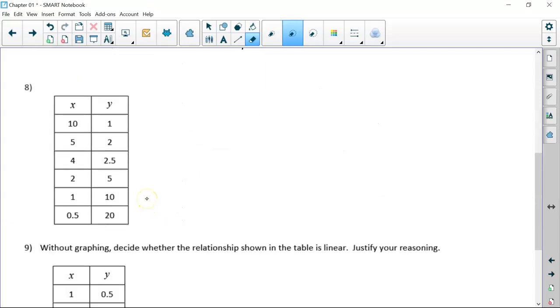Number 8, once again, we have just a collection of points, so right away there's no context, so this is going to be continuous. And that's really going to be the basis of how to decide if it's going to be continuous or discrete, is based on what the context is. Now,